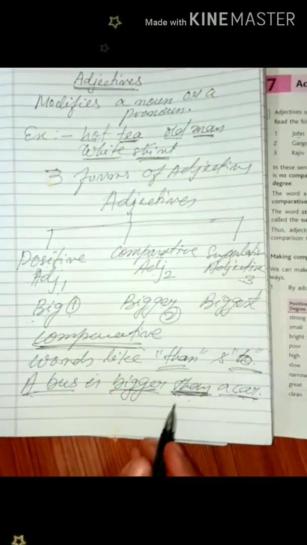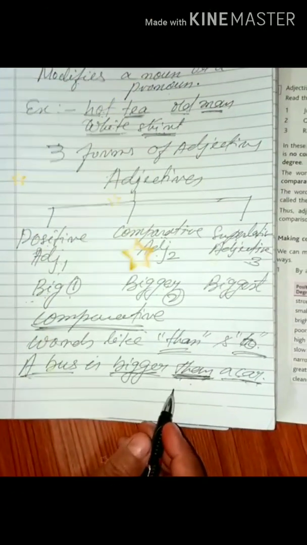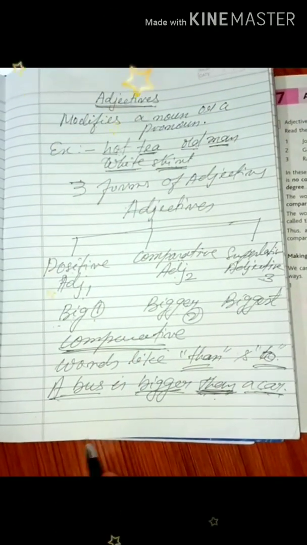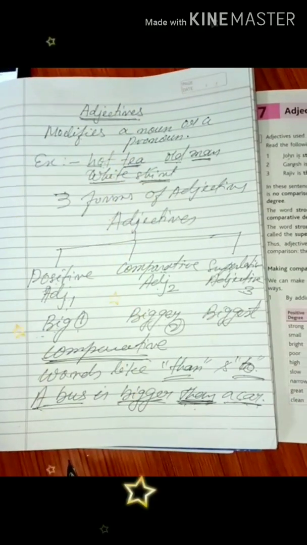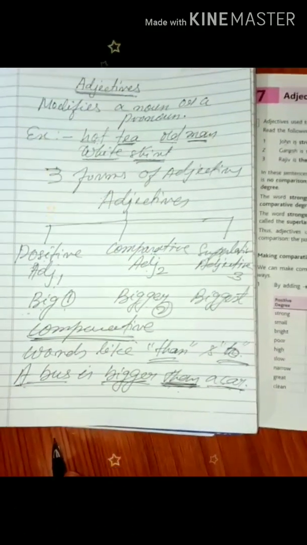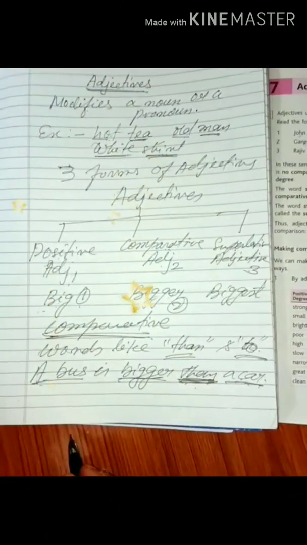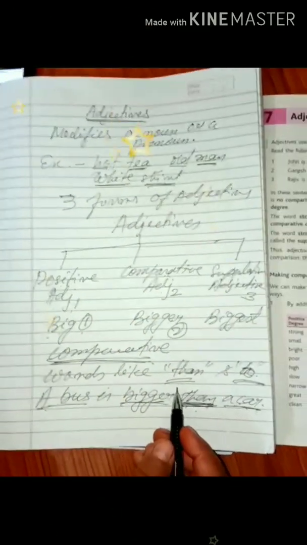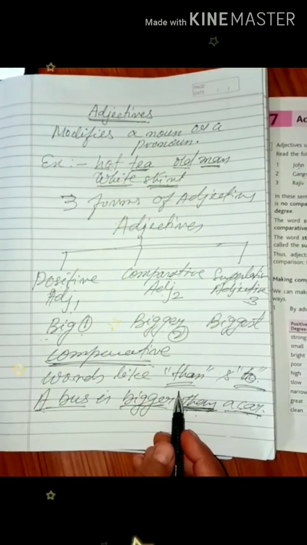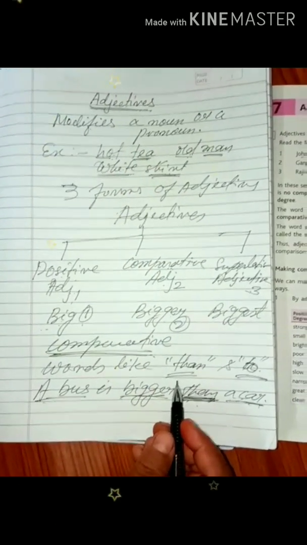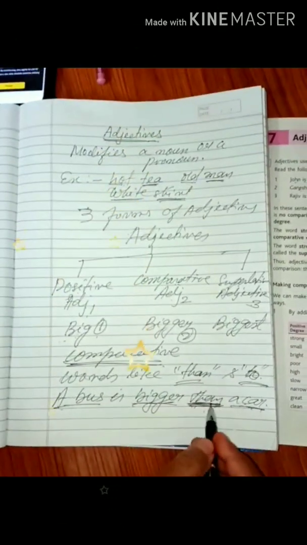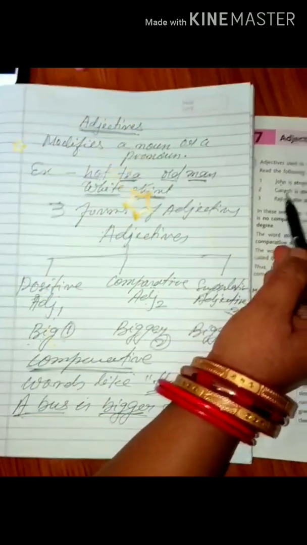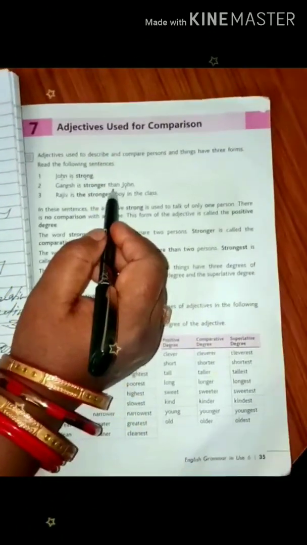Okay, so we can have another example also. You can see here, she is cleverer than him. I can say she is cleverer than him. So what is compared here, and with whom? Between she and him. She is cleverer than him. So that's why you have to remember that words like than and to you have to use in the comparative degree. These two words are very important for you. You have to remember that the word than should come in the comparative degree. You can see here, Ganesh is stronger than John. So the word than is used or not.